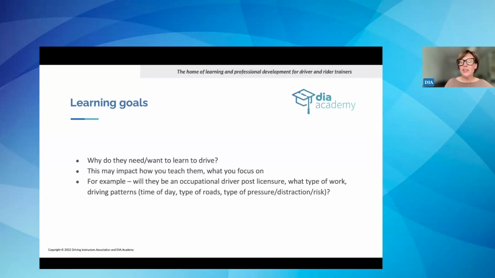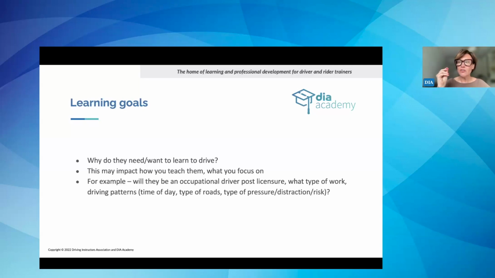It may be they're learning to drive because they're going to become not just a new Cat B driver or a new rider through this process. They might be transitioning even more in this process to become an occupational driver straight off the bat, which again begets a whole new area of risks on top of being a novice driver. So understanding the learning goal and the learning ambition is important.